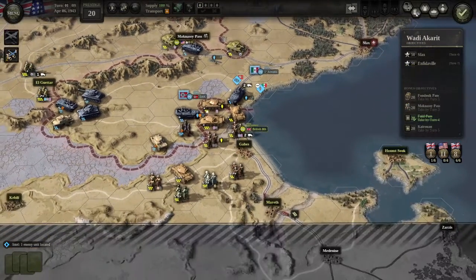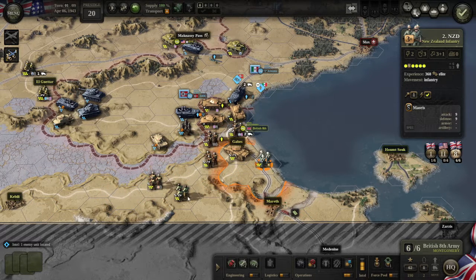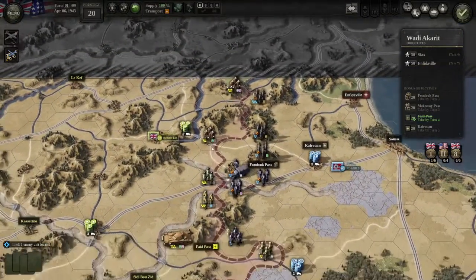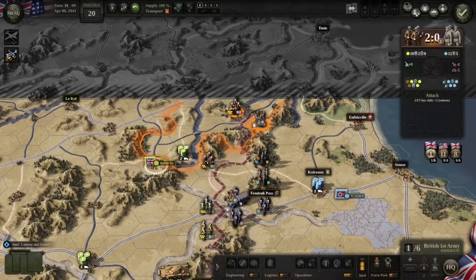So with that, our turn finishes. We just moved all our units up. Always a good idea to move our units up. And we wait to see the next turn. Of course, we could just keep bombarding and moving forward, but it's just a risky business, so there's no point